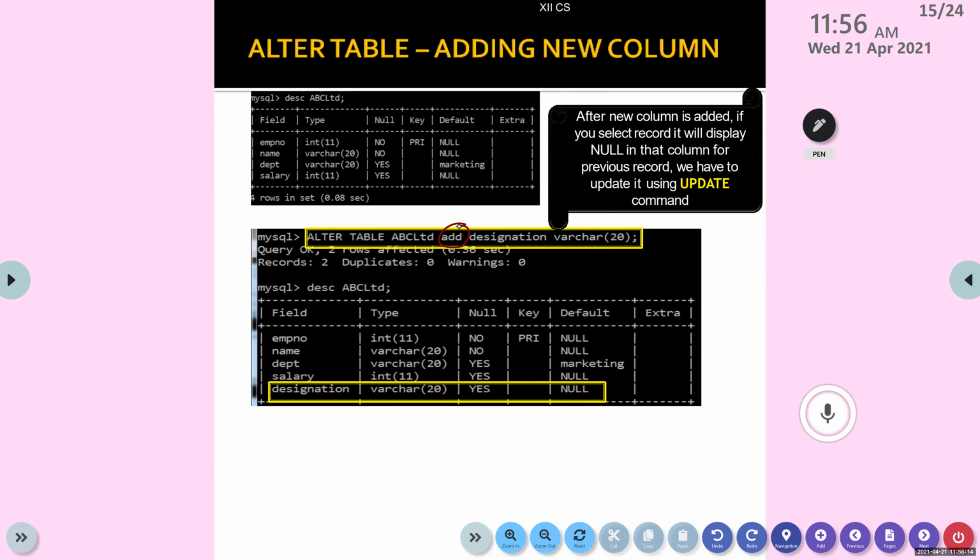Okay, Sneha, question to you. Add another column. Everyone, you can write down: add another column, DA, with data type int.